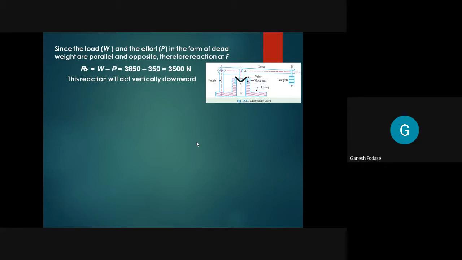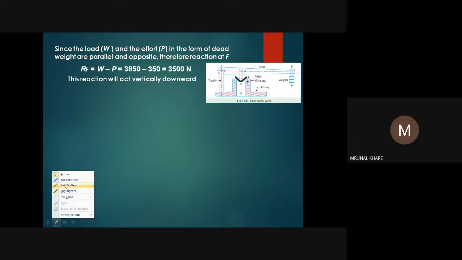समजलं का सगळ्यांना कसं केलं आपण? Why is it negative? Why is it downward? Anyone can tell me? Prove mathematically. It's very simple. That's why I try to make you think. Why is it downward? You have to prove that. But orally you are saying P is downward. That's why F is downward. Okay. You can prove that it is downward mathematically. Anyone?